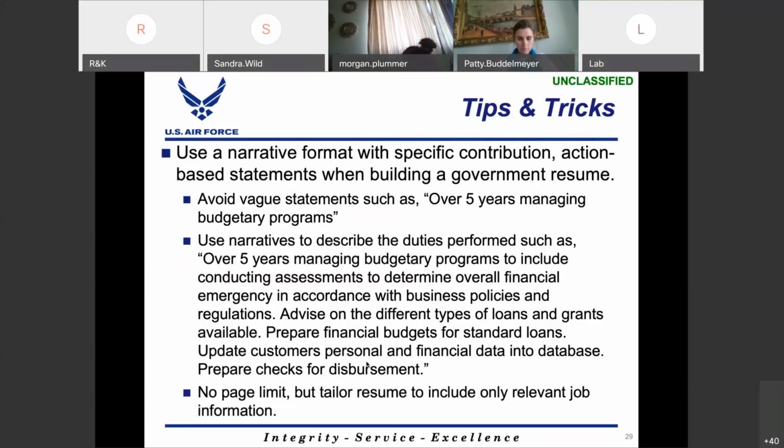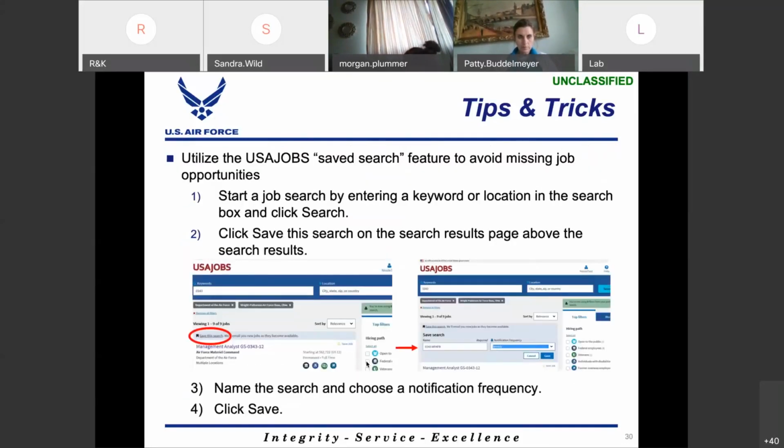Experience and things throughout their education. So we're looking more at that narrative process. One last tip and trick for applying is you can set up